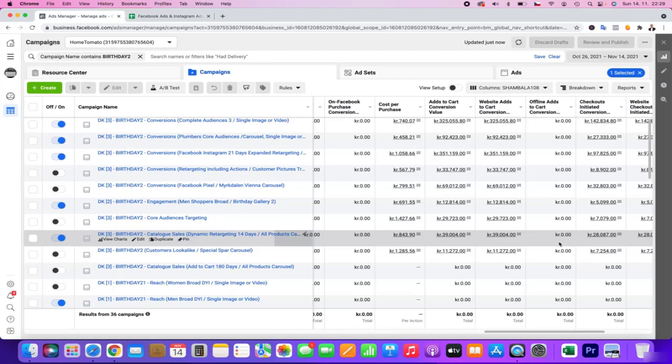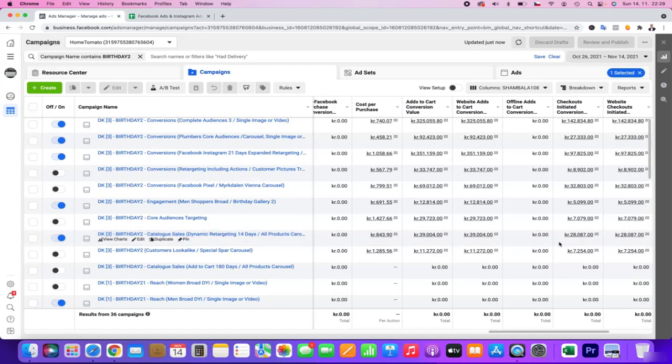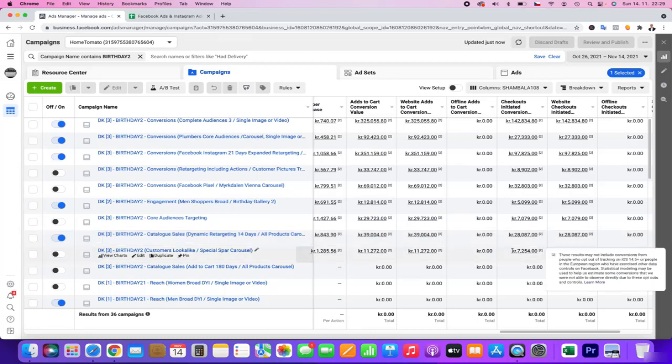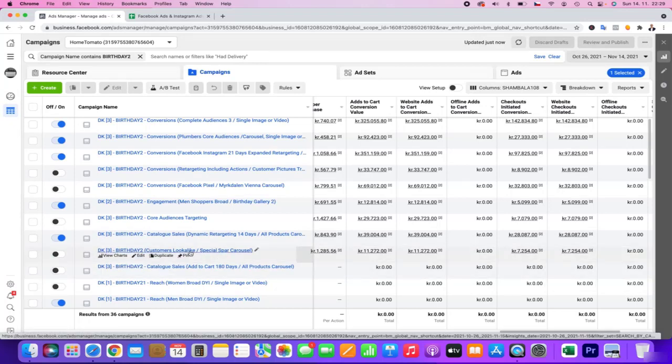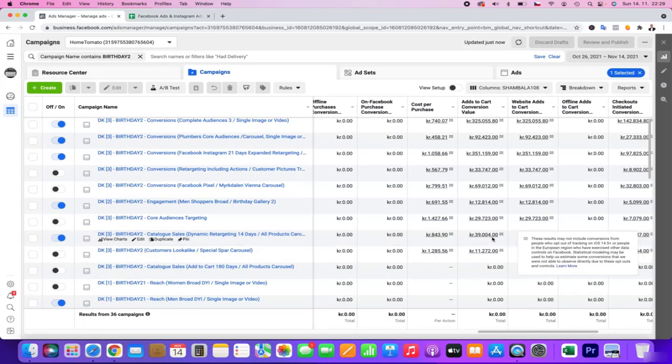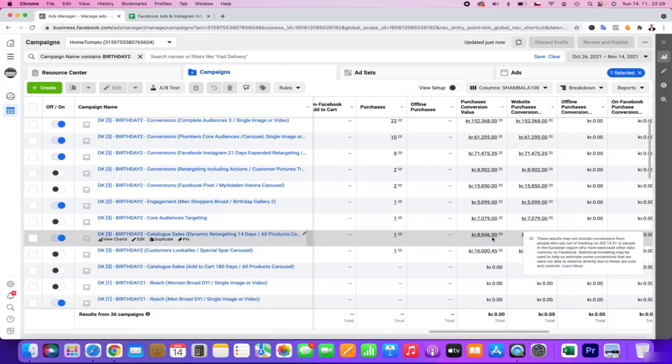There is a lot of blocked data, especially with Apple restrictions, European Union restrictions. So it's not always that if you can't see the purchases, it means that you didn't succeed, because you can see that this customers lookalike audience was not so good, but you can see this dynamic retargeting, even if it seems it didn't sell so well.